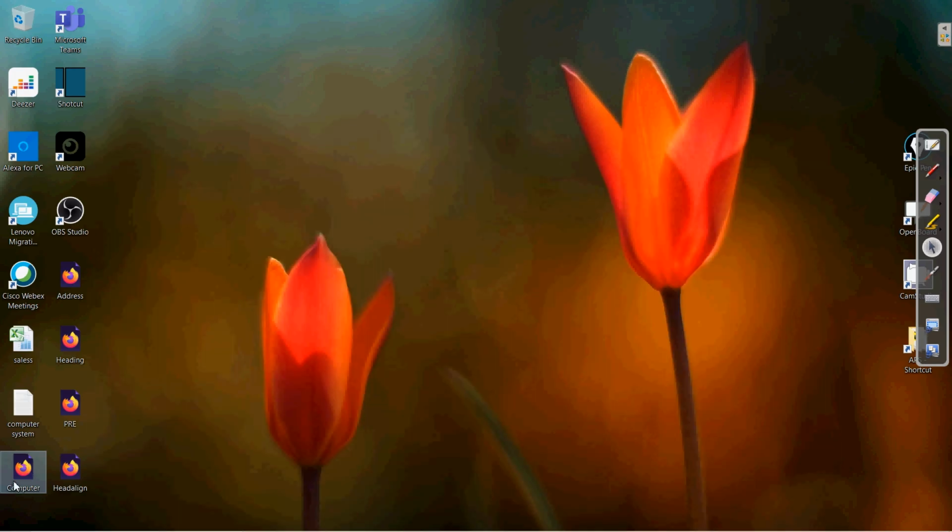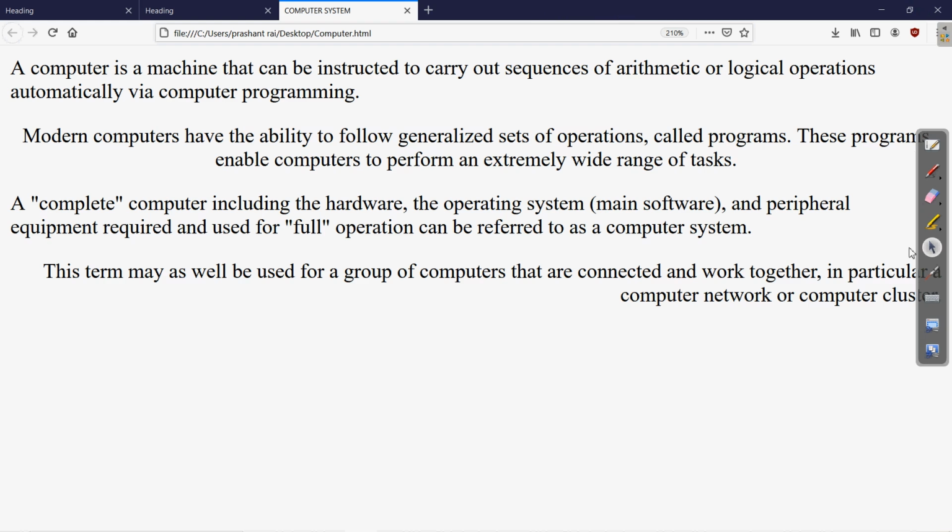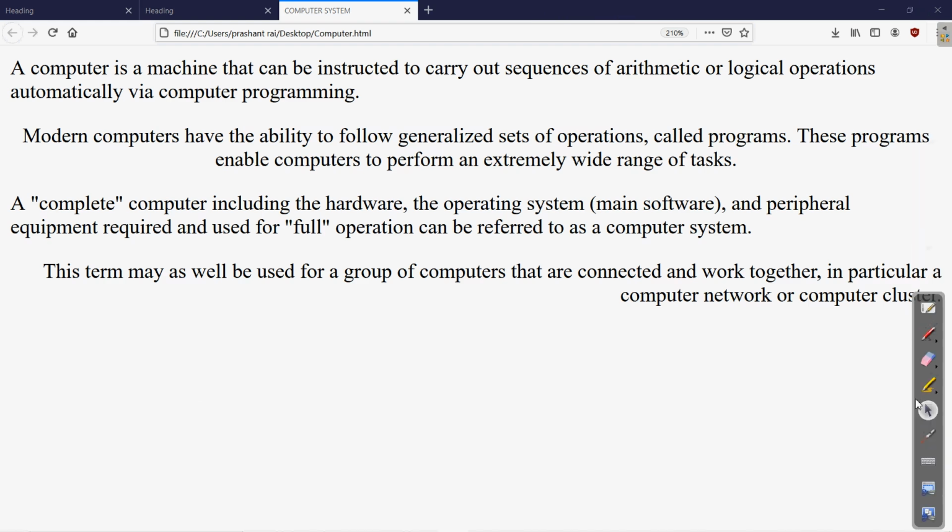Let us minimize this and open in the browser. Now you can notice that the first paragraph which was there is appearing to the left side. Clear? Then the second paragraph, which we have changed the alignment to the center. Whatever text is written in the second paragraph, both of these lines are center aligned. Clear? You can notice that the same space which is left on the left side is on the right side, and for the second line also the space on the left is the same towards the right.